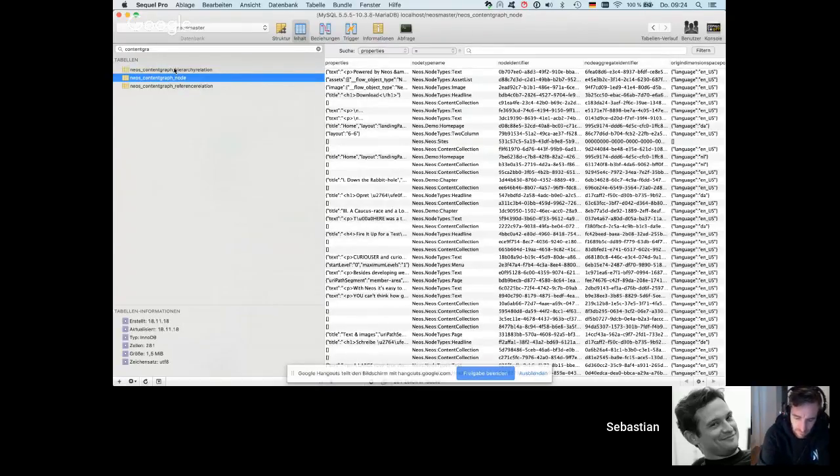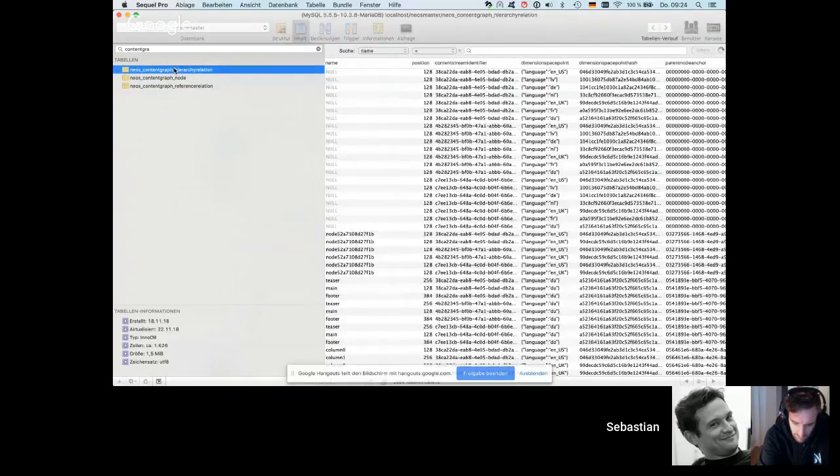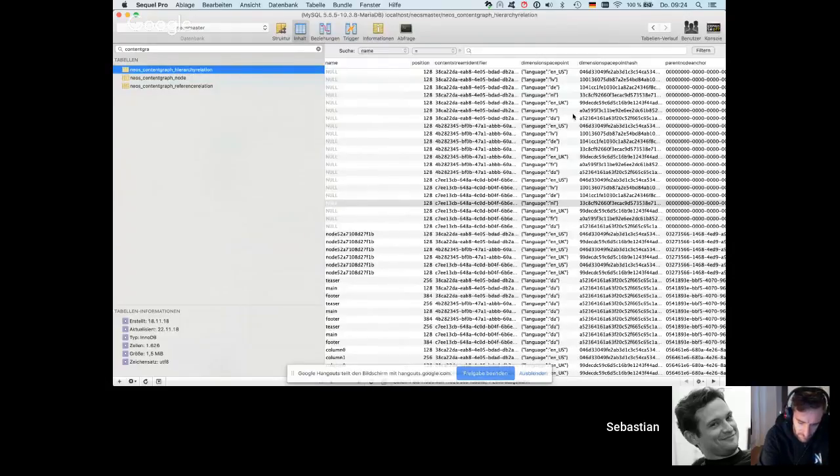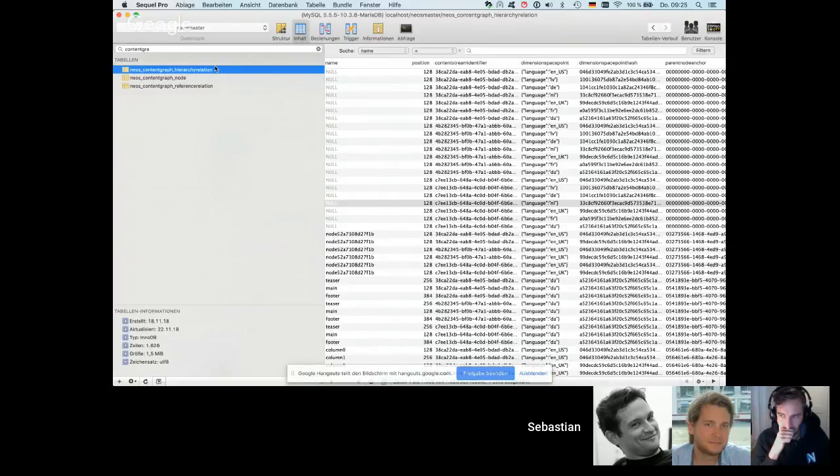So now for hiding and showing, it would be an option to just add a new column in this hierarchy relation table to say hidden or not, for instance, and then update this recursively. That would be an option. But the problem is, I think it would be pretty expensive to compute. It's easy if you hide a node, because you would just recursively traverse through the hierarchy relation in the database and set all the hidden flags to 1, right? So to true. The problem is if you remove a hidden flag again, then it's more difficult because you